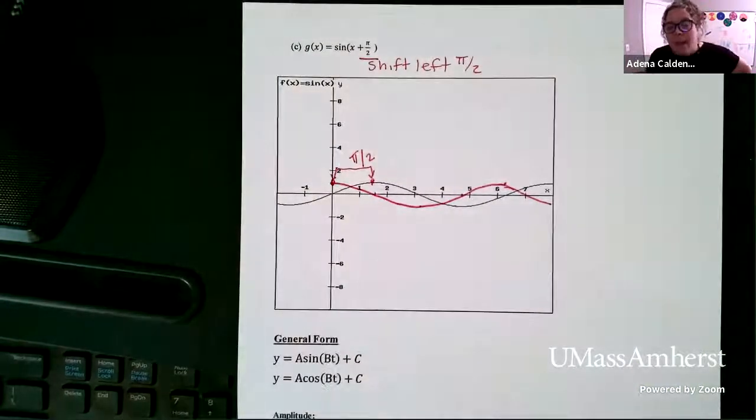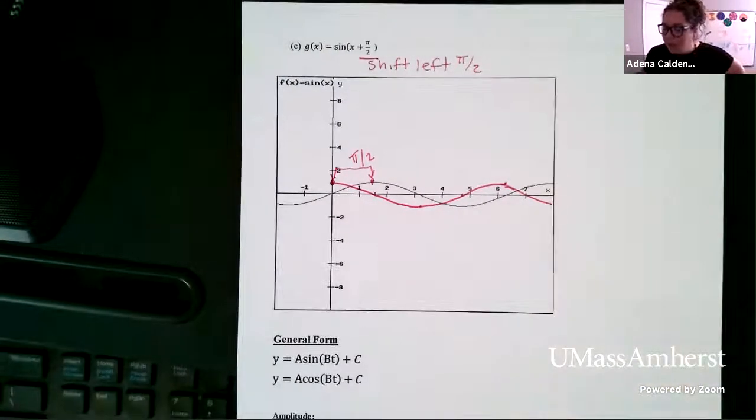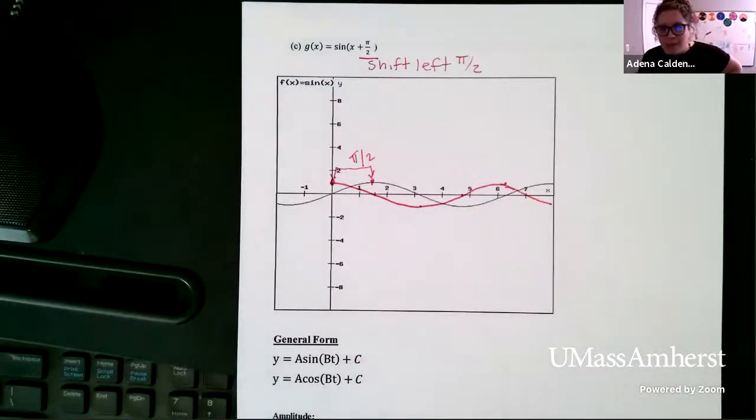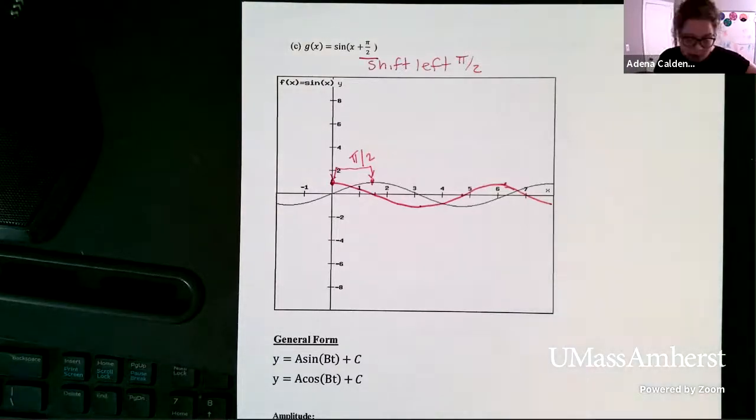And when that happens, every other point gets shifted as well. I will tell you that I found this incredibly hard to draw, even though I knew what it was supposed to look like. When I shift sines and cosines left and right, I have a hard time with the bends of the curves. So if you found this particularly tricky, you are not alone.